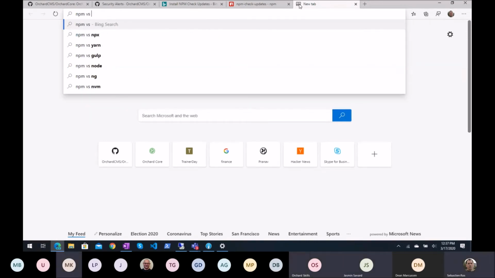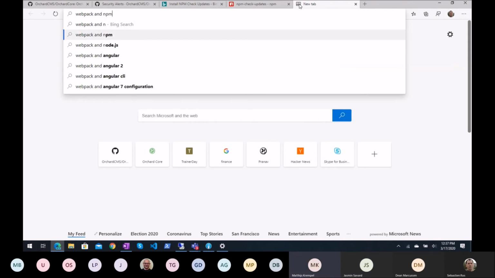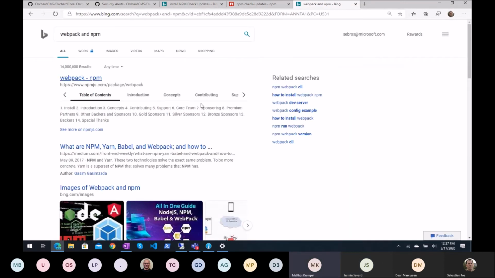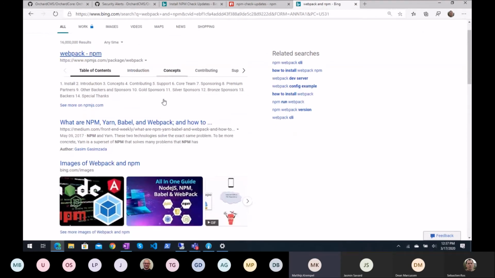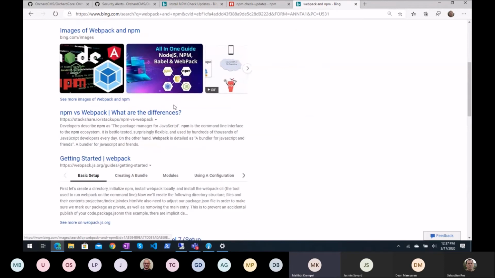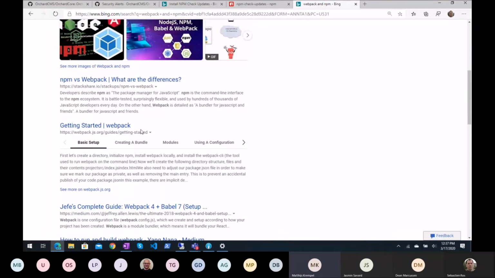Yeah, my organization uses Webpack. We have a Vuetify front end on top of Orchard Core, and they moved away from our Gulp approach.